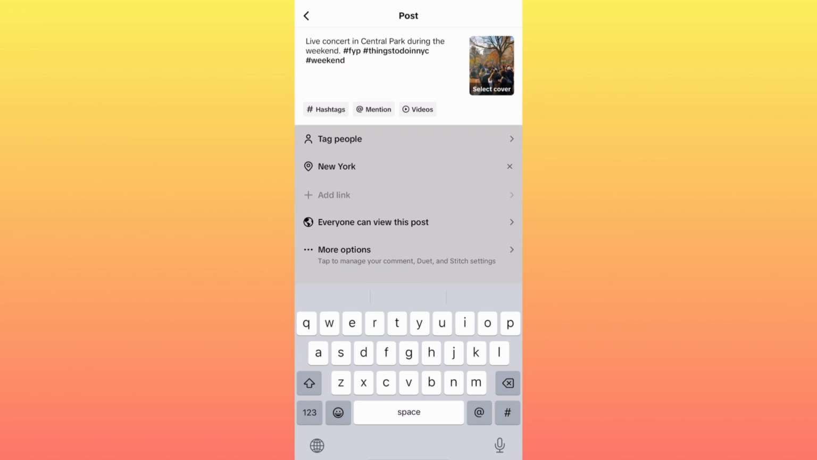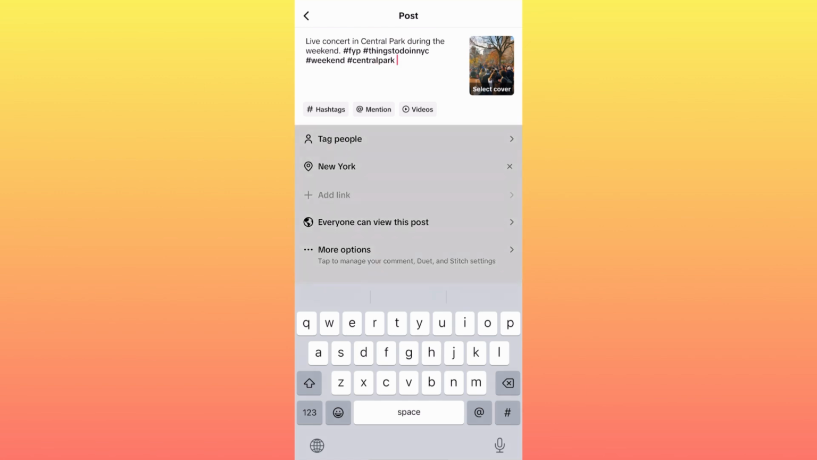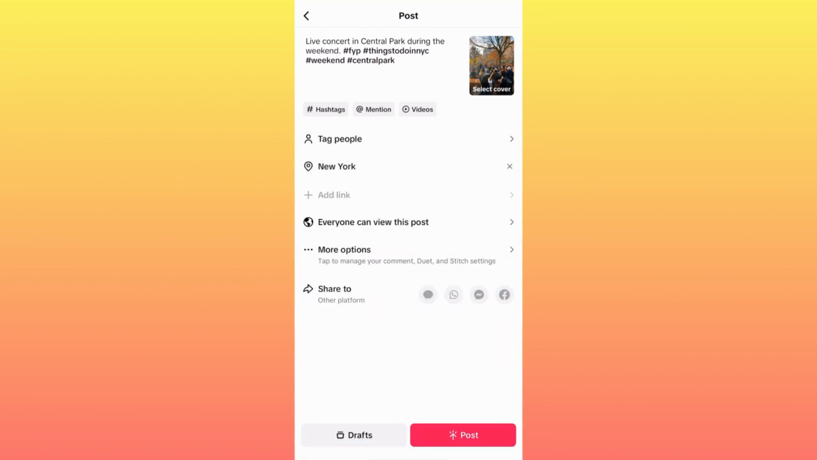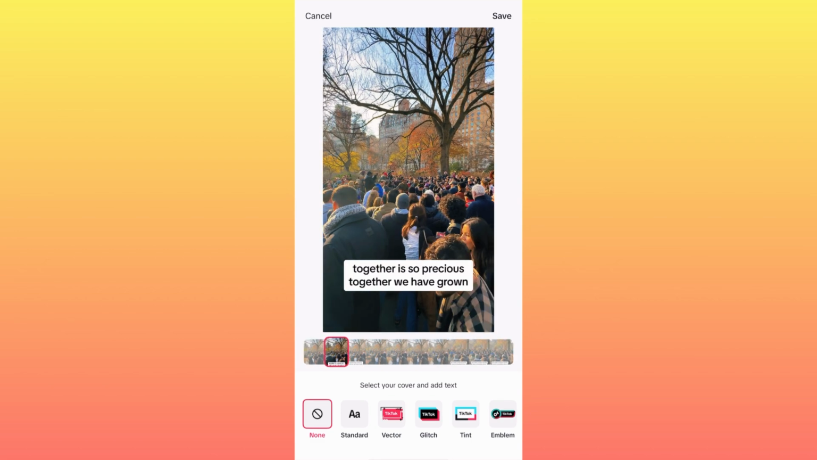Basically, that's it. Last but not least, you want to make sure that the cover of your video is arranged and it's attractive and it collects a lot of attention. So now all we have to do is click on select cover, something that you see on the top right corner. Usually you want to pick something that has a zoom in